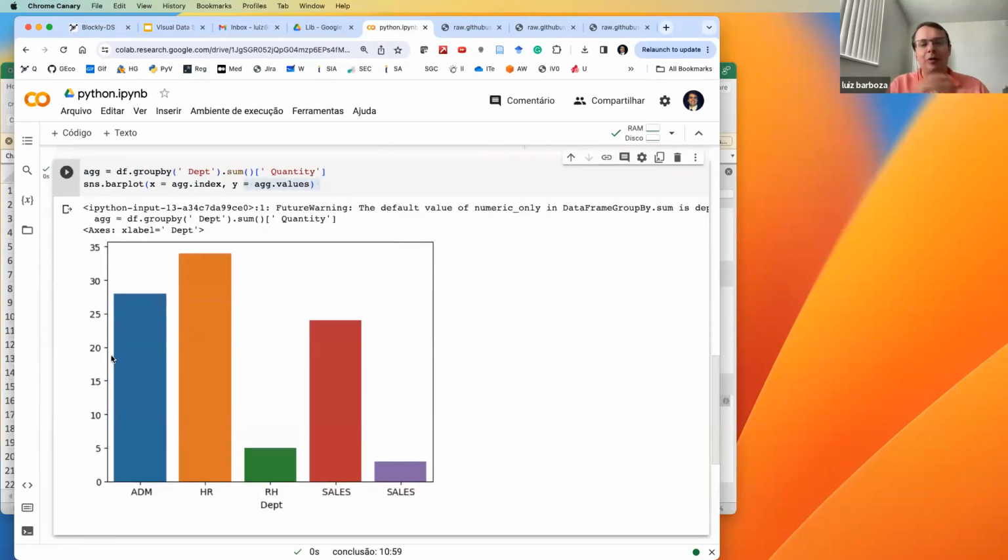So here we have it without even going back to blocks. I did a simple change of the name of the column here, and now I have a completely different graph with a completely different analysis, right? I can see that HR is the department that orders more products for my company, followed by the administrative department,